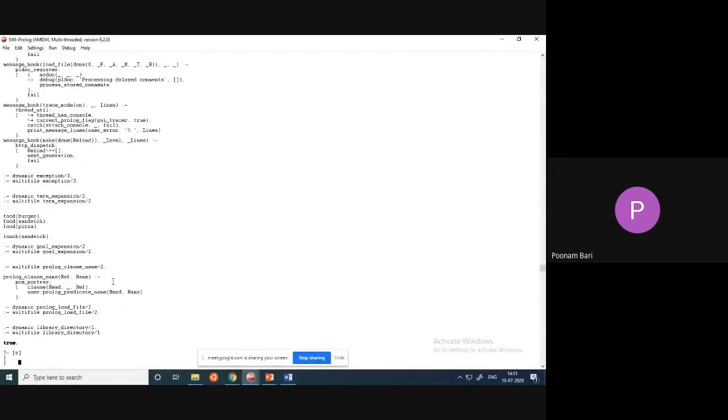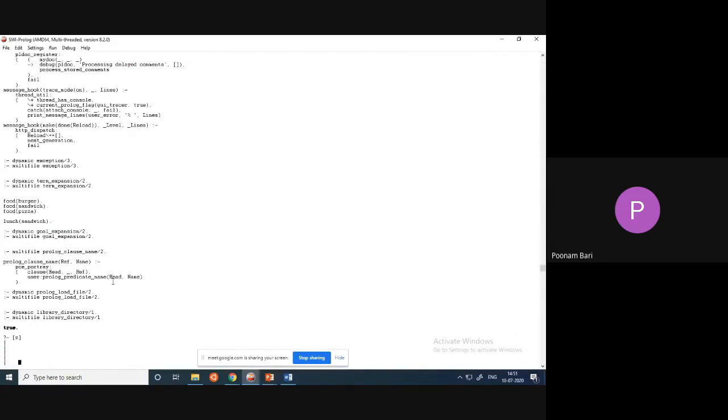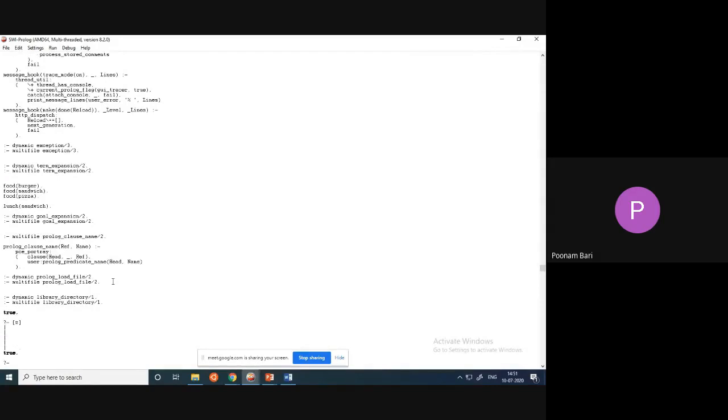I have not written the dot, so it will not execute till I put the dot. Then it will say true because that file is present. If there is an error, it will show the error also. Now you can just post the query.